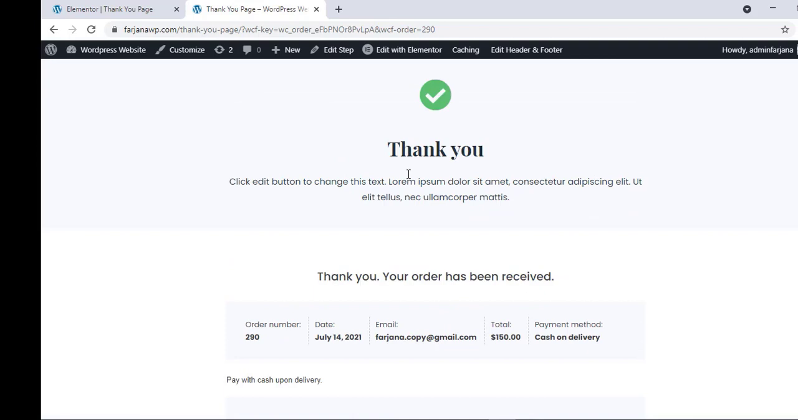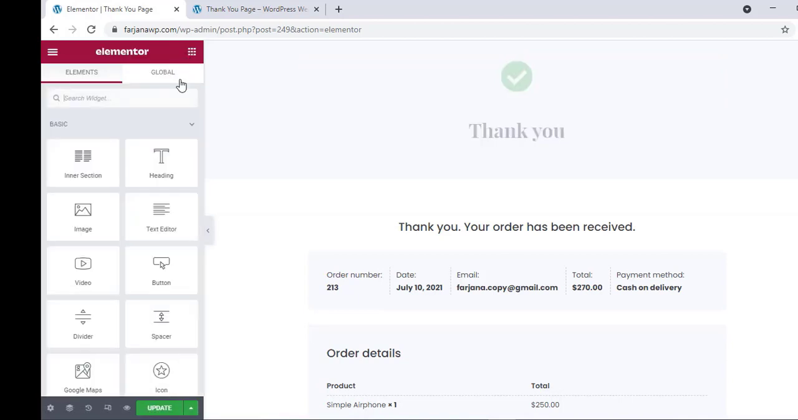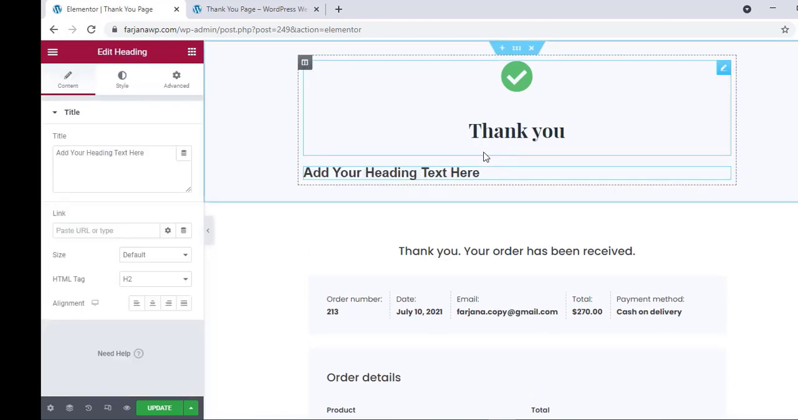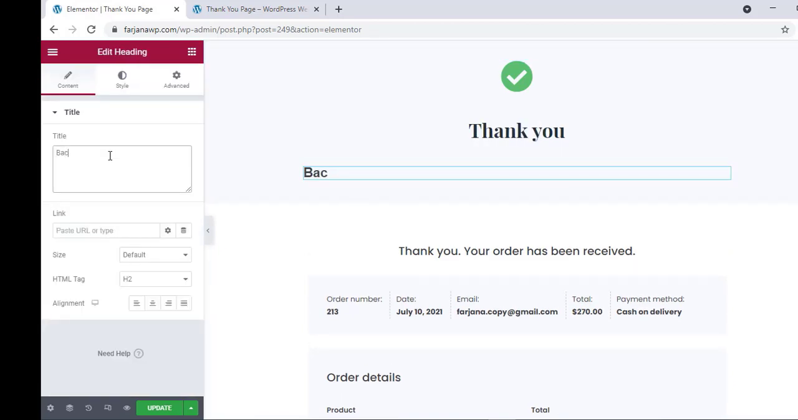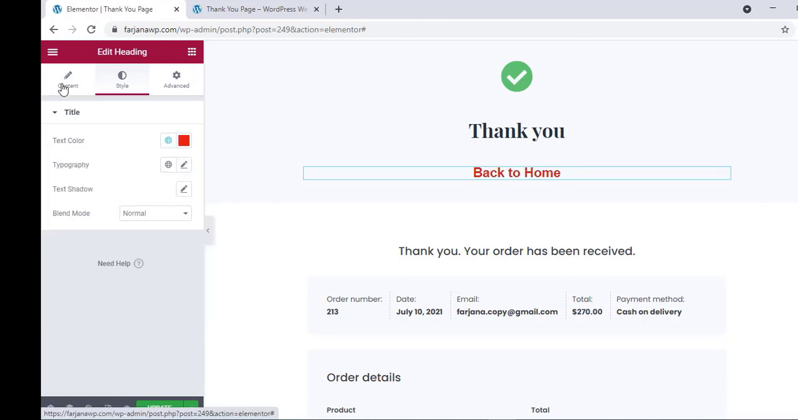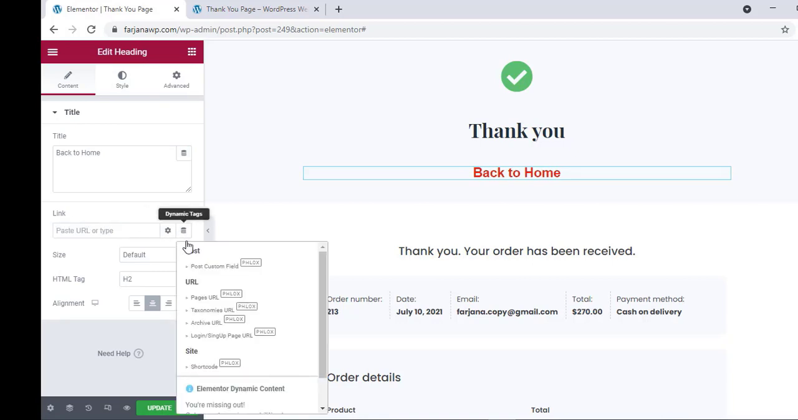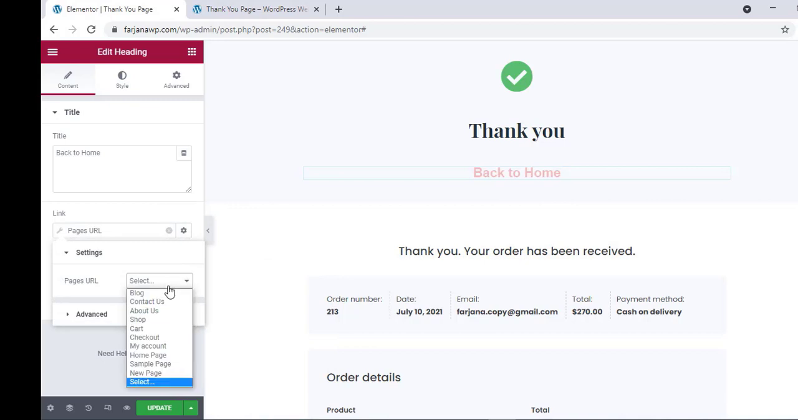And in the similar way, for the thank you page, we can add the link, go back to shop or go back to home. So now going to this thank you page, and here we can remove this text, and here I'm taking a new text widget, and here I'm typing back to home, making the alignment to center, and style tab, making the color to red, and also going to add the URL, going to content, and for the link, dynamic tags, page URL, and from here I'm setting the home page, and